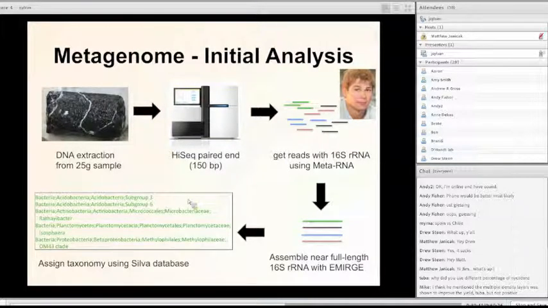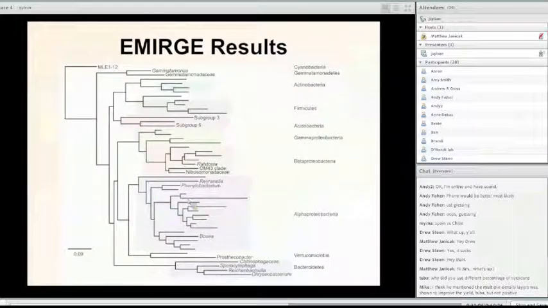And so what this tells you is basically the types of organisms that are in your metagenome, so you have some expectation for how clean that metagenome is and what to expect from the assembly when you start looking at functional genes. One of the things that this told us is that one of our samples, unfortunately, was not terribly clean. So moving forward, we're focusing on 2 samples and decided to do joint assembly of those samples. One of the cool things from EMIRGE is it gives you some 16S data,